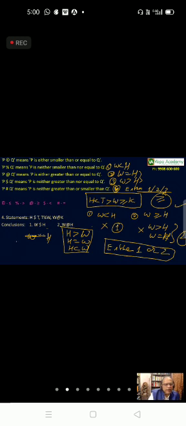Suppose they gave another combination, less than or equal to and greater than. In one choice, this is given. Another choice, this is given. Independently, they are not sufficient, but together they are giving all the three possible meanings. So at that time also we have to pick up either 1 or 2 here.